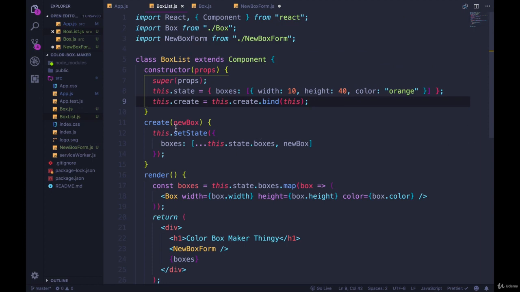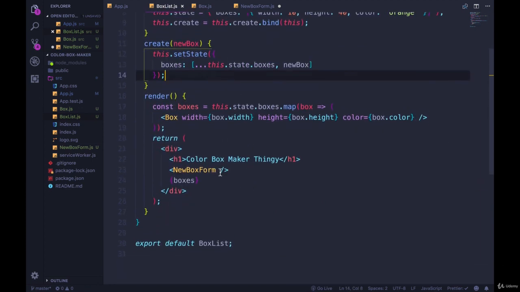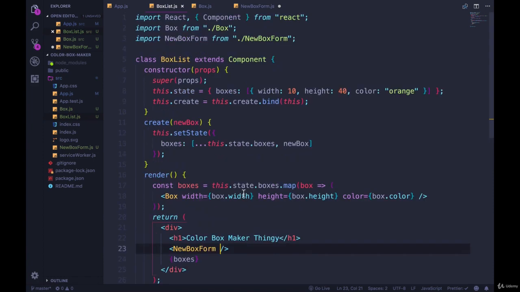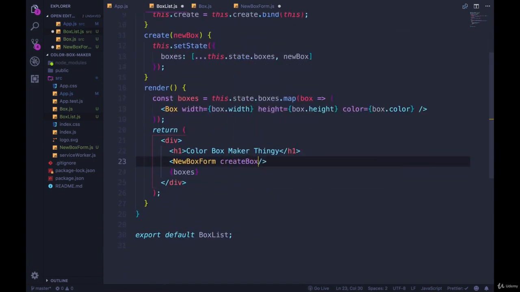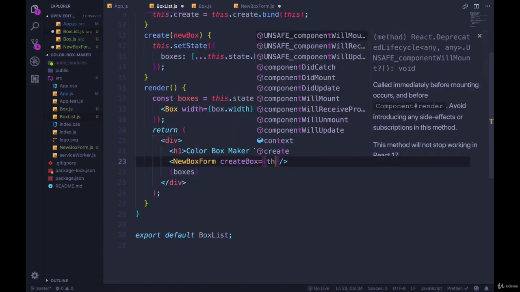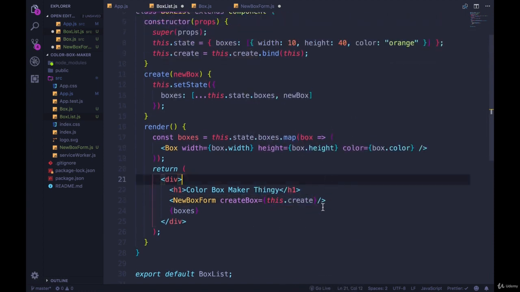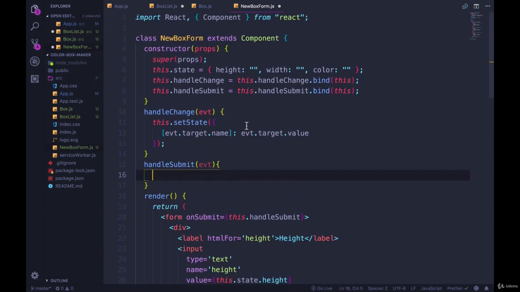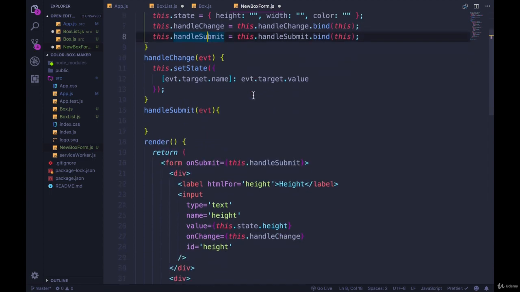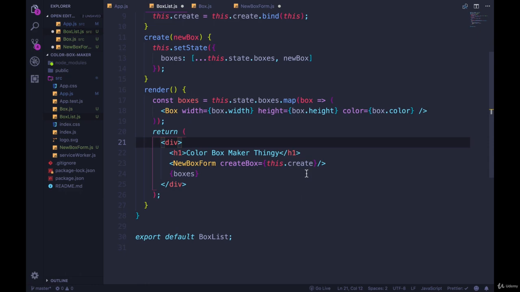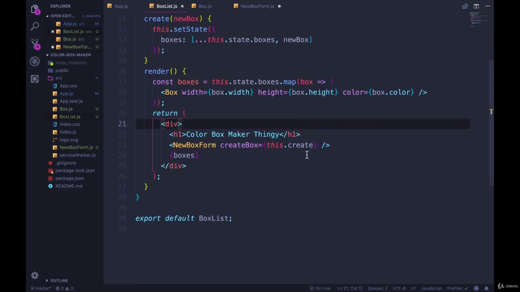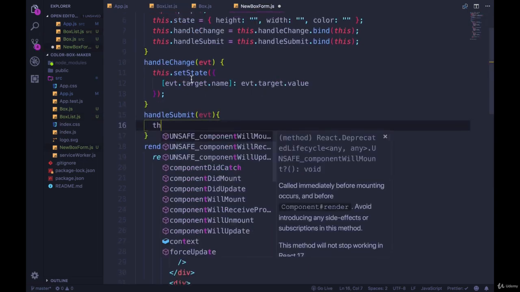we're going to pass create down as a prop to the form. So we can give it whatever name we want. I'm going to go with createBox to describe what it does, and it's this.create. So we're passing it down, this.create. Again, we could have done this with an arrow function and not done any of this over here where we create a handleSubmit and have to bind it and pass the state through over here, but I like to avoid arrow functions when possible inside of our render. Okay, so I'm going to pass down createBox as this.create, and then over here inside of the handleSubmit,